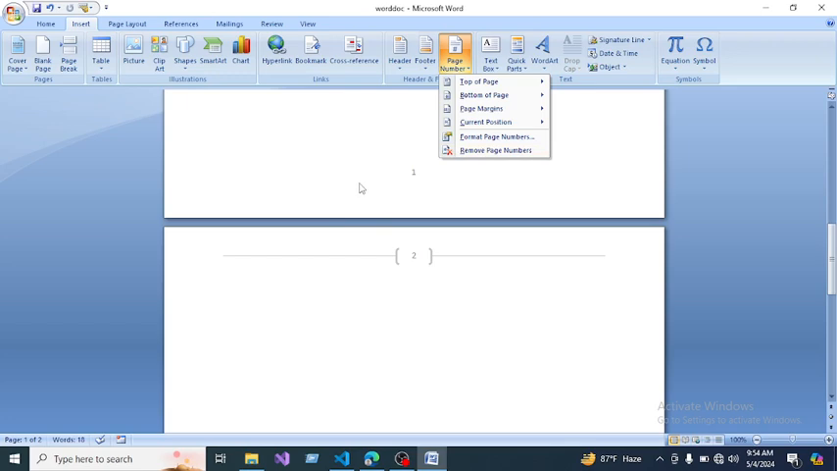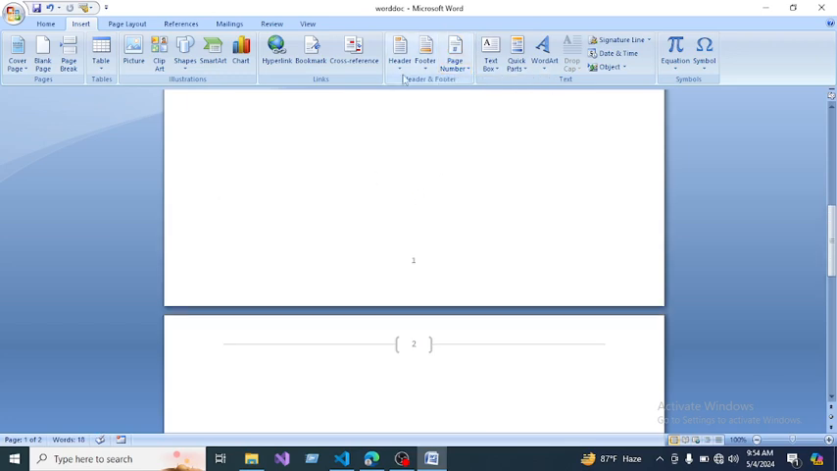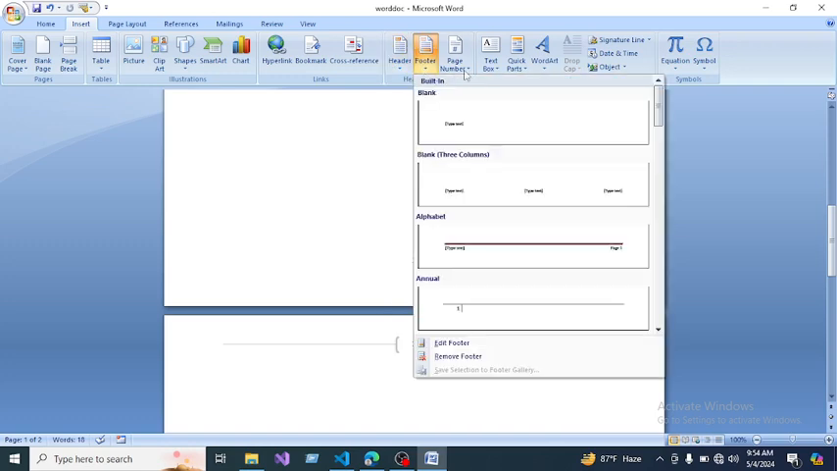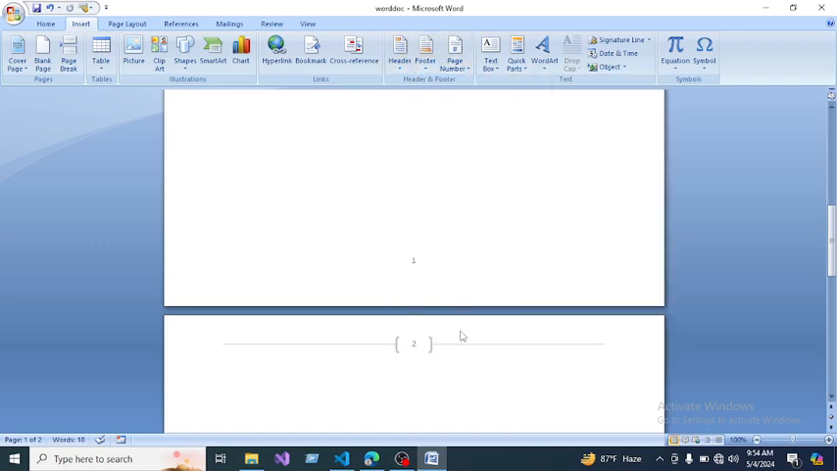So this is the basics of your header, footer, and the page number also. Okay. So thanks for